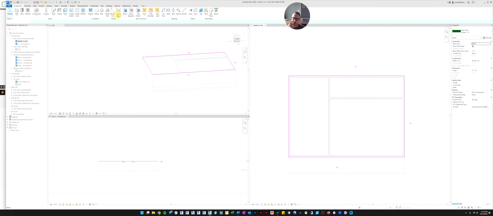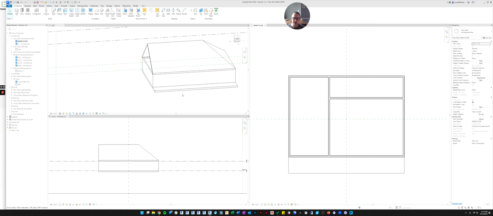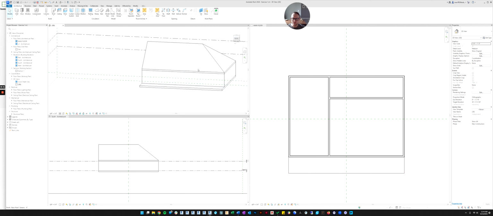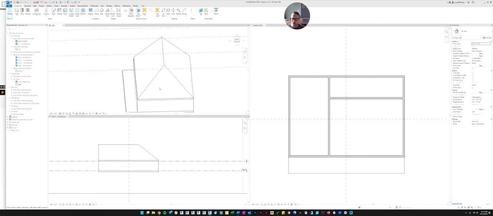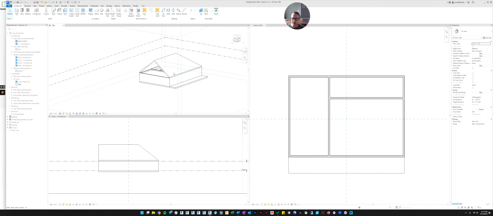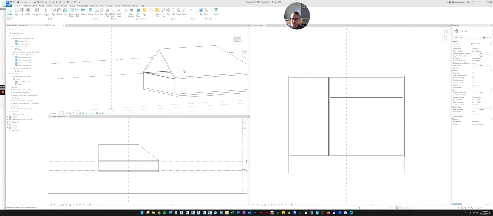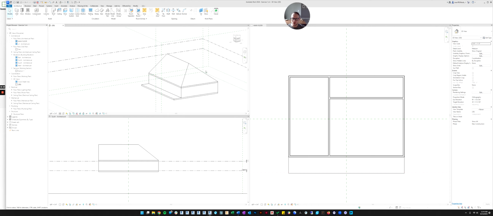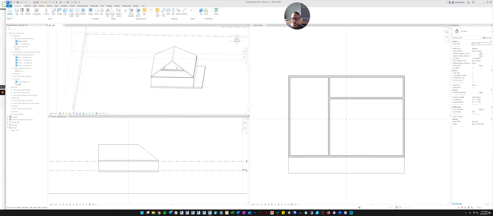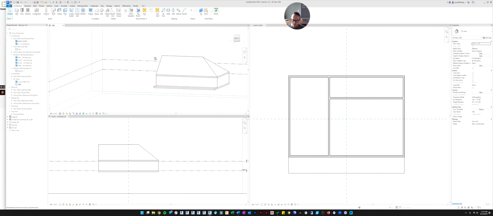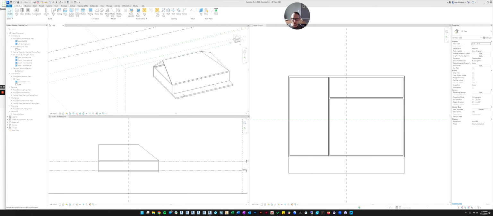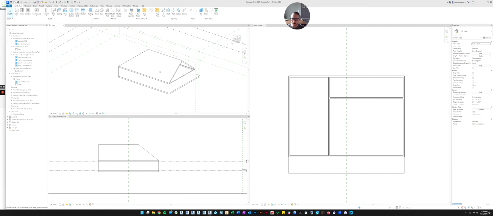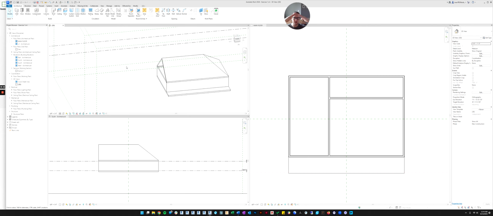We'll click finish, and now it automatically makes the roof. Do you see all 3 sides that we told it to angle are angled, and the side we told it not to angle is not angled? So this is what's called a hip, and this is a gable end. Maybe we want the gable end to be at the front of the house. So maybe we want it to be a triangle at the front and at the back of the house, but on the sides we want it to angle.